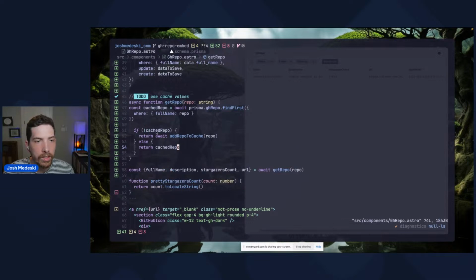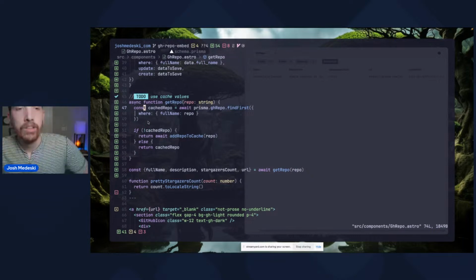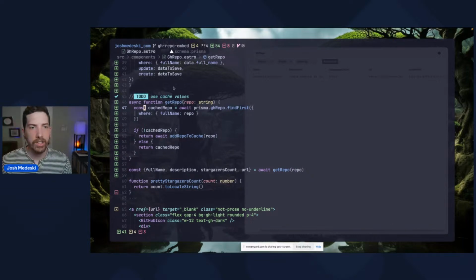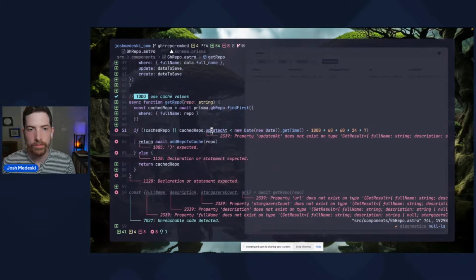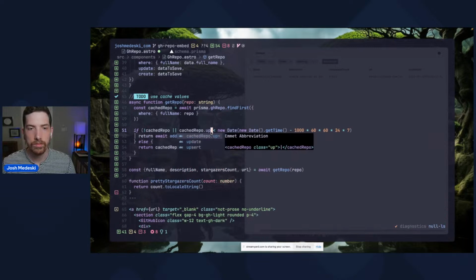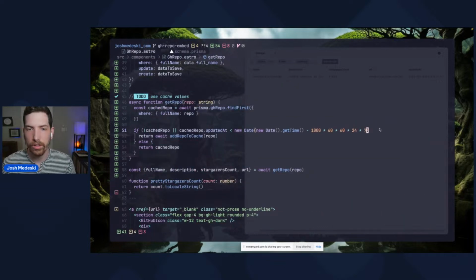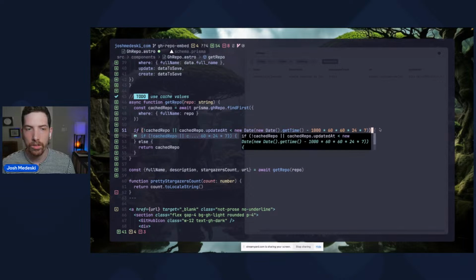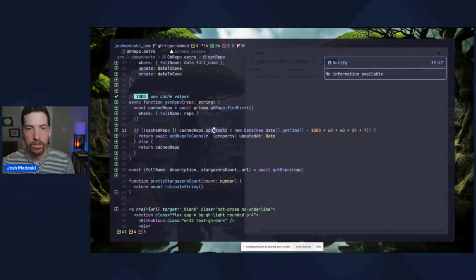repo, we still want to deal with our date checker basically. So if cache repo or, I have to start the LSP maybe. Okay, so